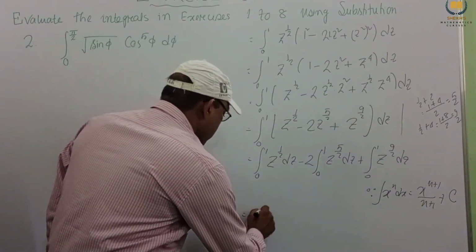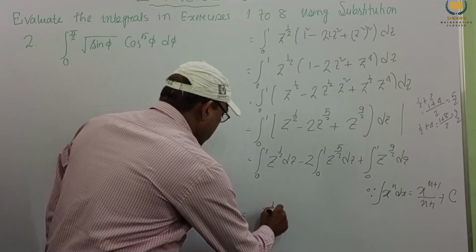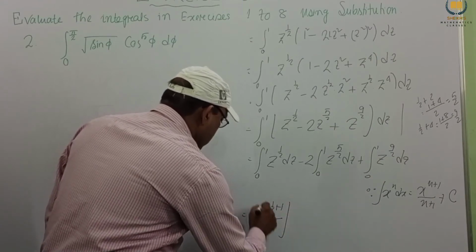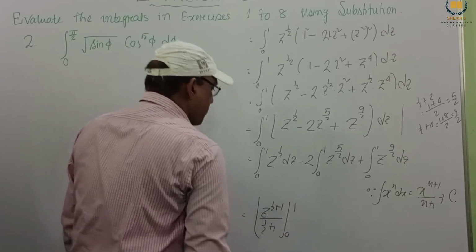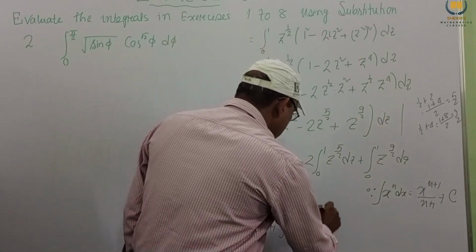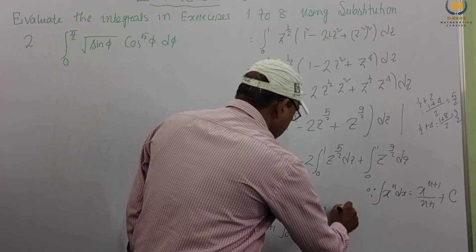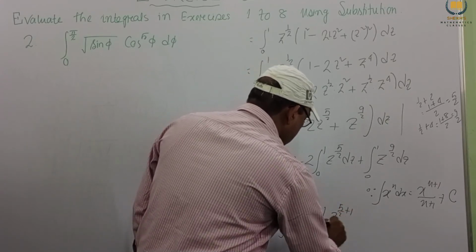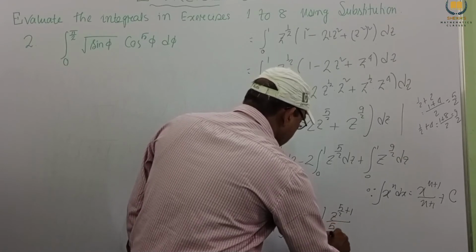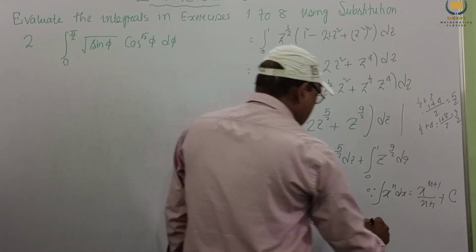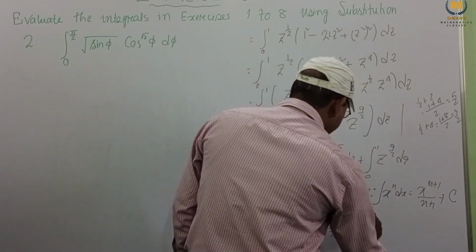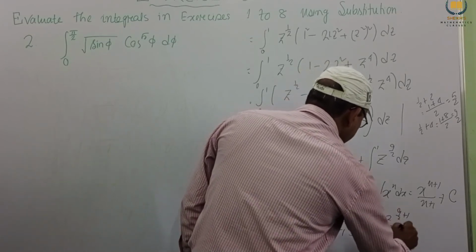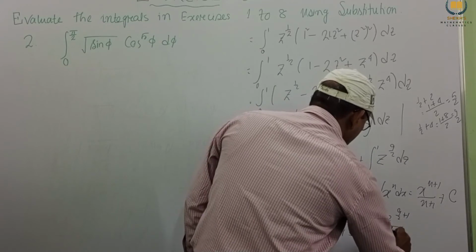So this will be z to the power (half plus 1) by (half plus 1), 0 to 1, minus 2 z to the power (5 by 2 plus 1) by (5 by 2 plus 1), 0 to 1 limit, and z to the power (9 by 2 plus 1) by (9 by 2 plus 1),